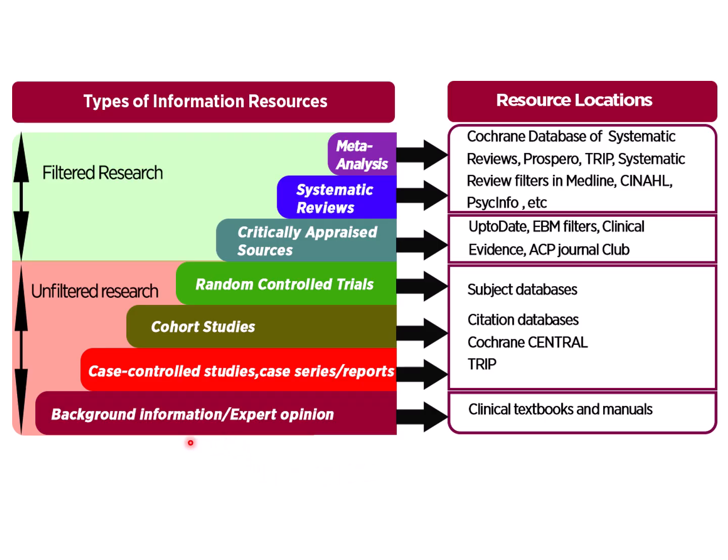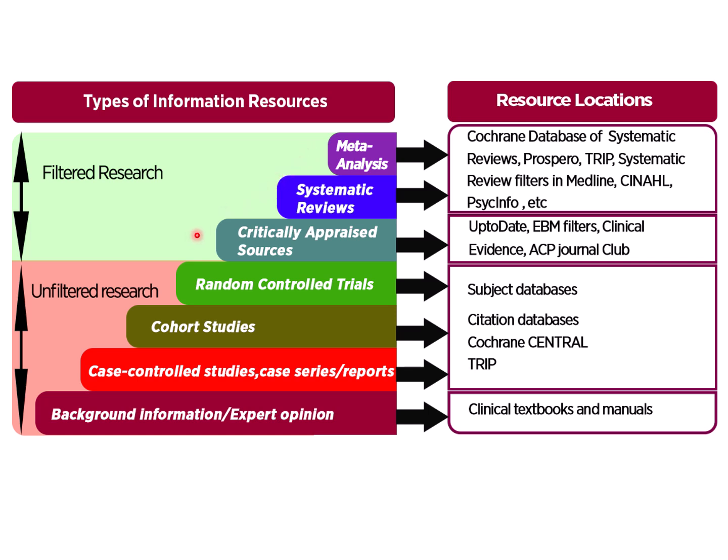Here you can see these are the studies which have unfiltered research, for example, expert opinion, case control study, case series, reports, cohort studies, randomized controlled trials. These are unfiltered research. And the filtered research includes critically appraised sources, systematic reviews, and meta-analysis. The same evidence hierarchy, but in the context of what kind of evidence it is, filtered research evidence or unfiltered research evidence. So on the basis of that, before decision making, we will prefer using meta-analysis, systematic reviews, and